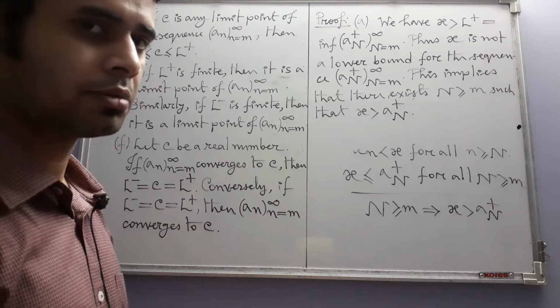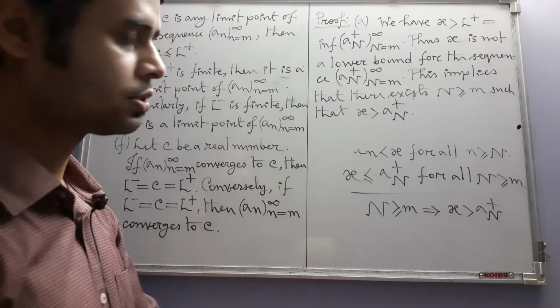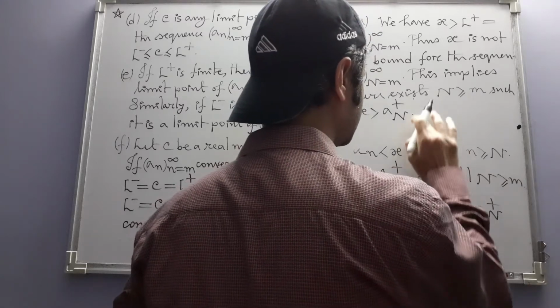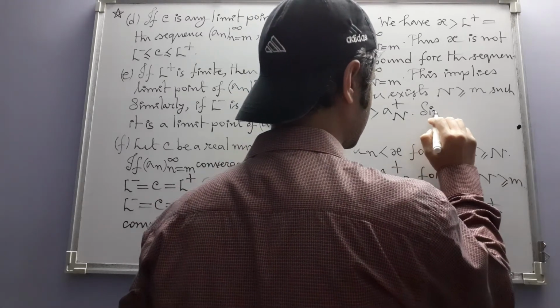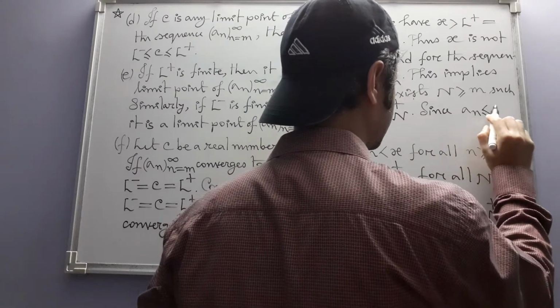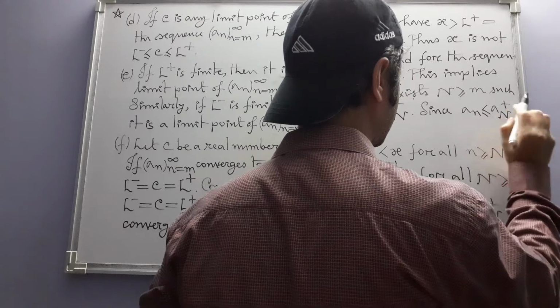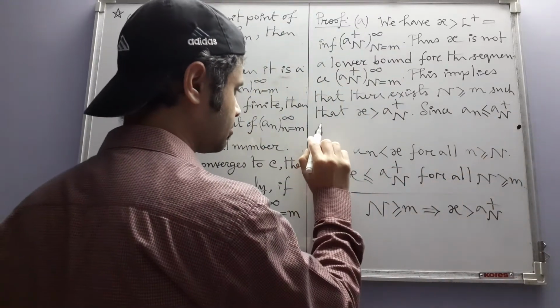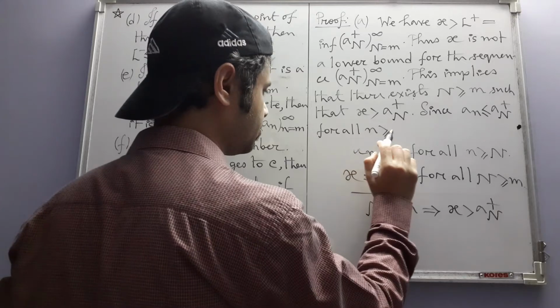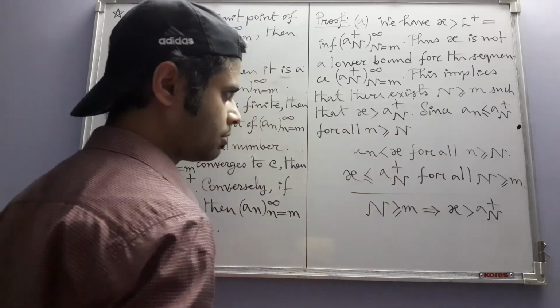It's the least upper bound for those terms. Since a_n is less than or equal to a_N plus for all n greater than or equal to N,